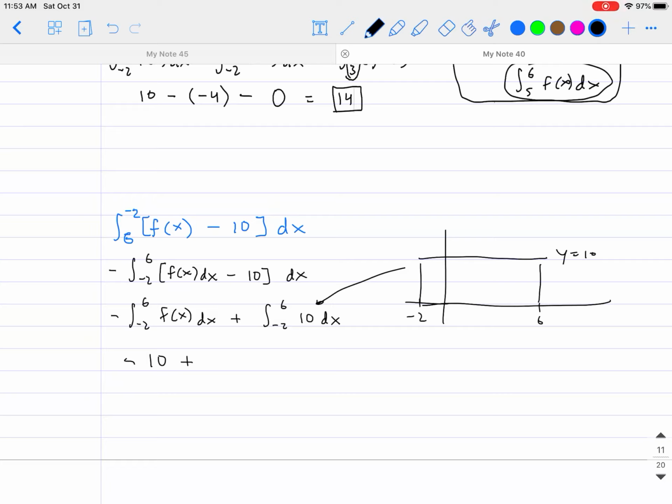So -10 plus the other part. Now remember, this 10 right here is the horizontal line. So it's like saying, what is the area under the curve from -2 to 6 where the function is supposed to be 10? For this rectangle, it's not 1/2 base times height, it's just base times height. So that's where that m multiplied by b minus c thing comes in. So it's going to be 8, which is the length from